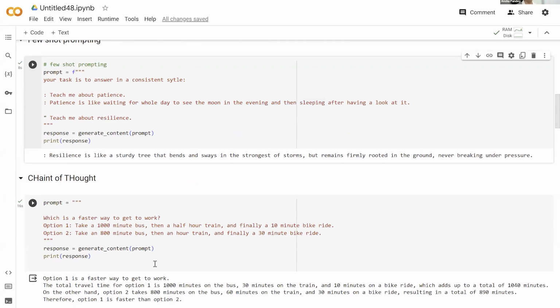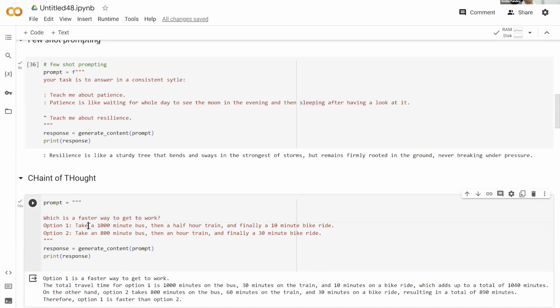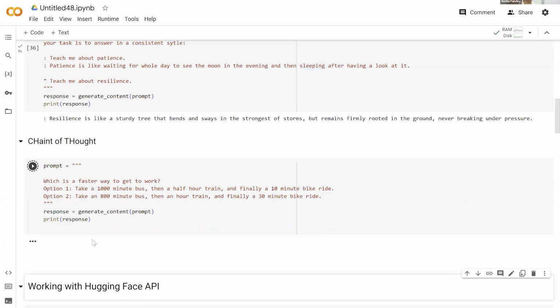Similarly, there are multiple advanced prompting approaches. One more is chain of thoughts. Chain of thoughts requires multiple examples or steps for the model to perform. For example, which is the faster way to work? Is it option one? Take a 1,000 minute bus and half an hour train and finally get the bike ride. Or take an 800 minute bus and then an hour train and finally a 30-minute bike ride. These are multiple options that you're providing to the model, and the model is going to think over multiple options, and after a chain of thoughts is going to give results as to which option is the better